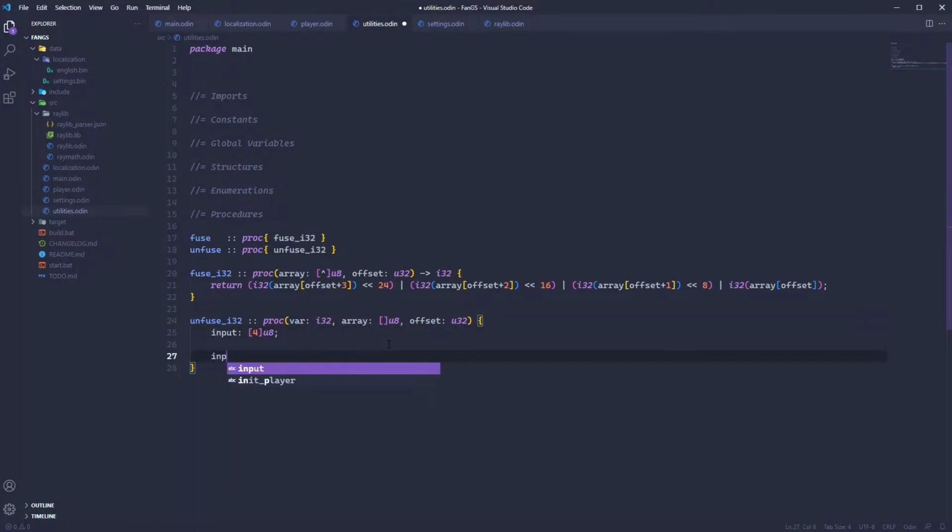So input 0 is equal to, so when it was going about thing, 0 was at the very end. Well, no, 0 is the, like, so it's a little endian. So